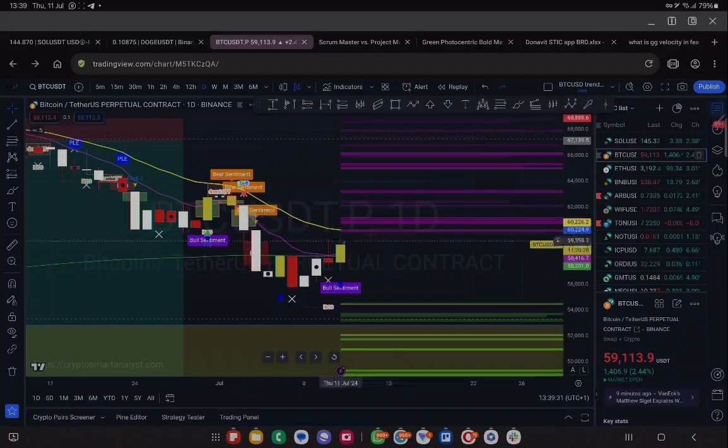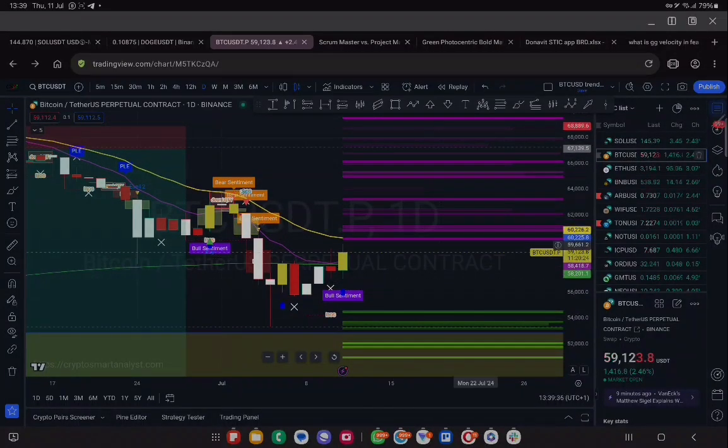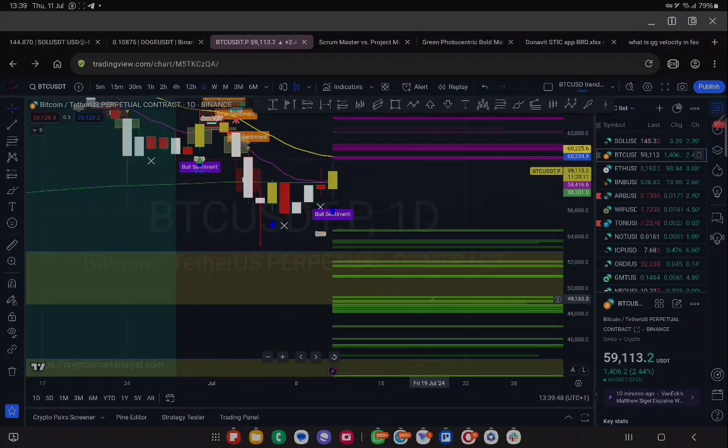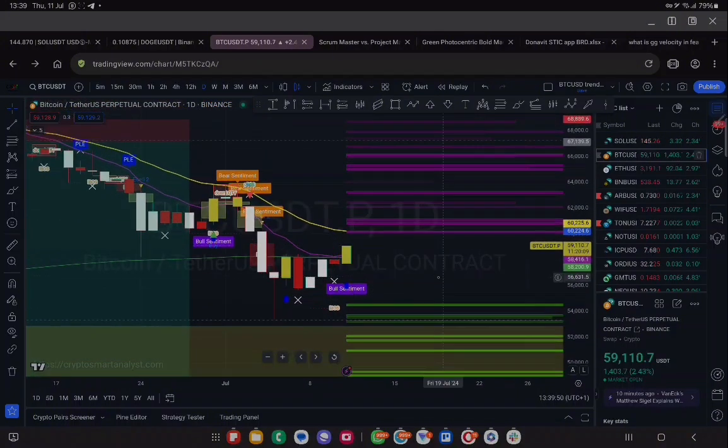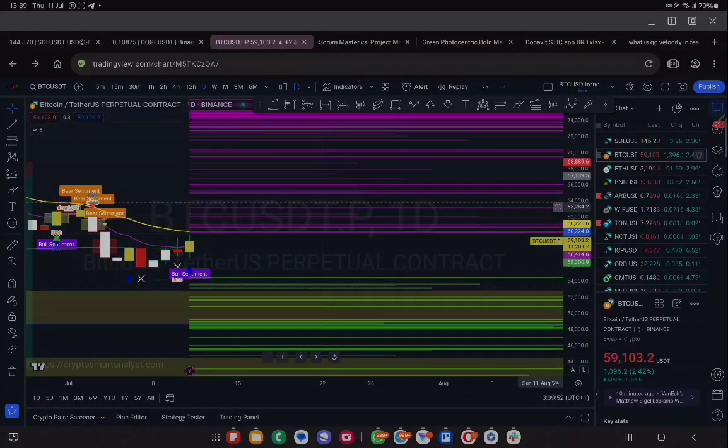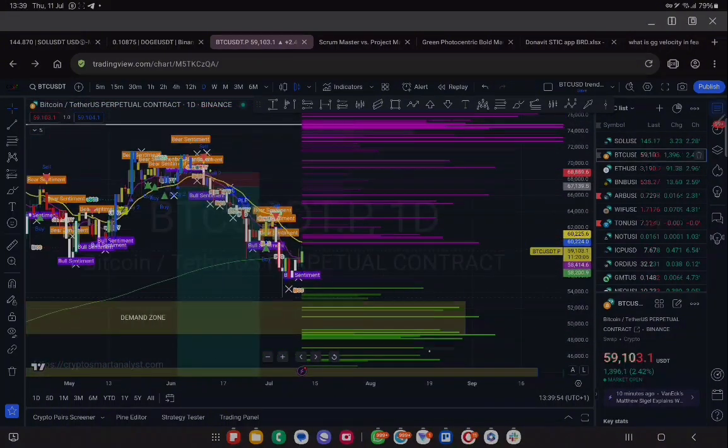So the major thing right now, for us to continue go back into the bull mode, we need to break this sufficiently and continue uptrend. Else we reject. If we reject this line, this 60k region, then we are coming down to 50k, 48k region. That's my expectation. If you look at the liquidity we currently have around that region right now, you can see